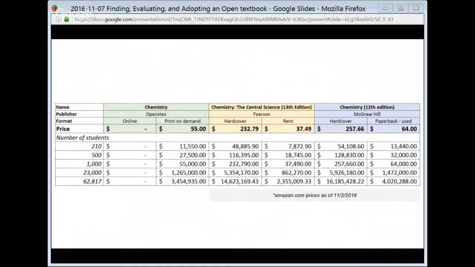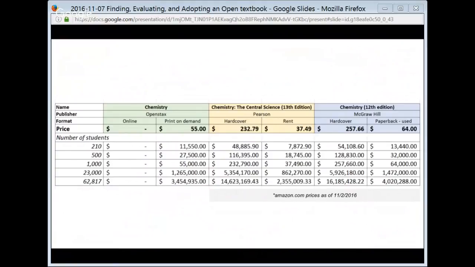And this slide is basically just a comparison of the cost that would be involved with different formats, if you compared with the commercial offering. So for instance, the chemistry OpenStax book is available online for download for free. So if people want an electronic version of it, the students can just download it for free, so it's $0. They can also order a print-on-demand version for $55. So we've made basically this table showing that for all the UD students, the 210 students, this is how much they would all collectively spend in order to get those